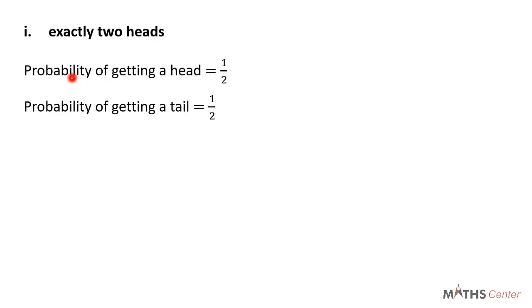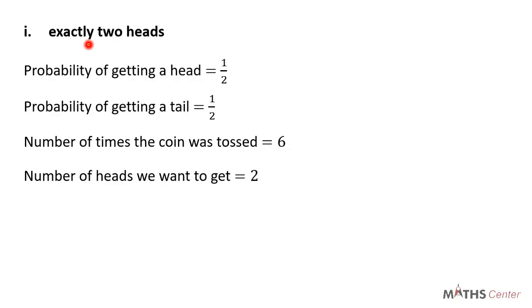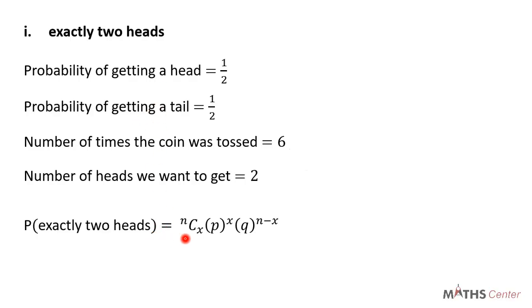And so we can say that when a coin is tossed once, the probability of getting a head is 1 divided by 2, and the probability of getting a tail is 1 divided by 2. In this question, we are told that the coin was tossed 6 times, and we want to get exactly 2 heads. This is a binomial situation, and so we can use the binomial probability distribution to find the probability of